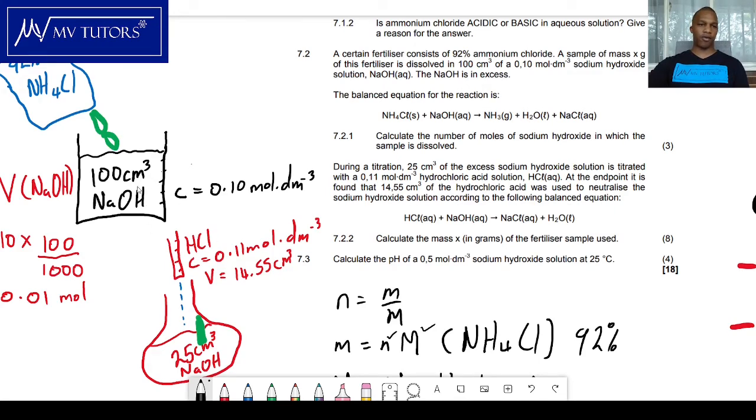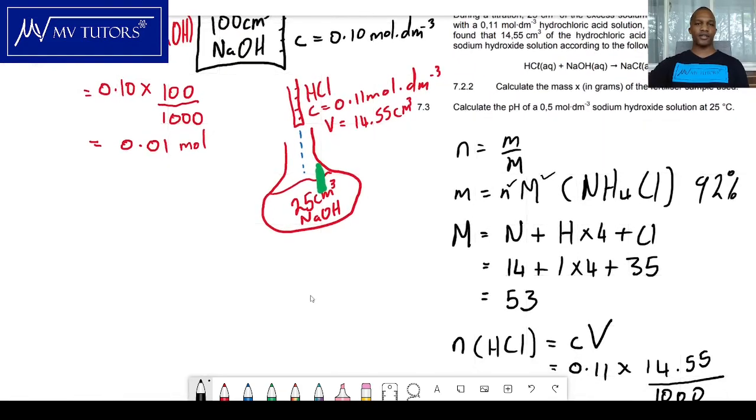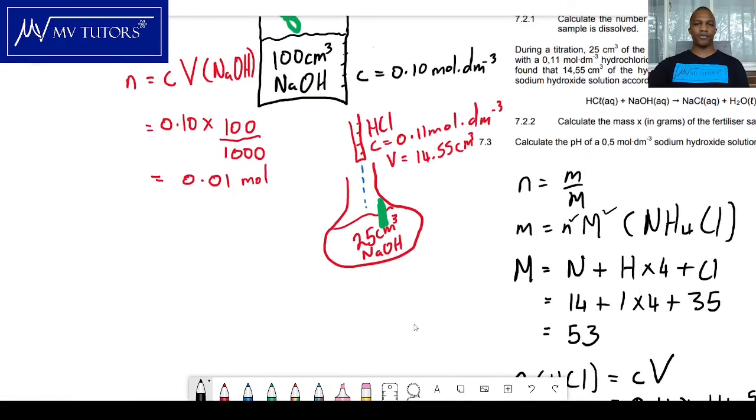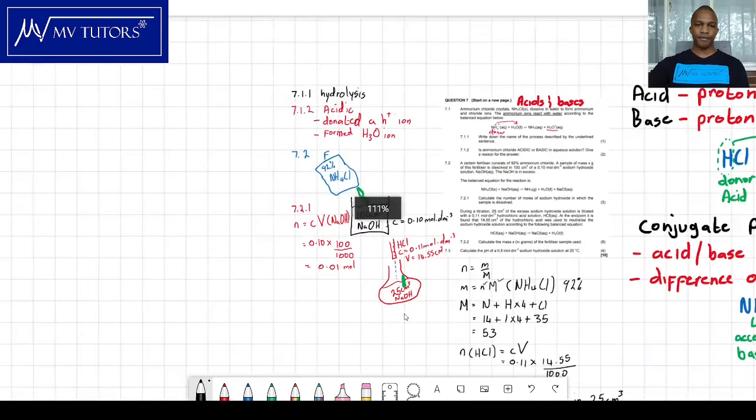We're working backwards so that we can reach the mass of the sample. So now we've taken all the information from the 25. Let's apply it to the 100. How are we going to do that? Well, we know that in the 25,